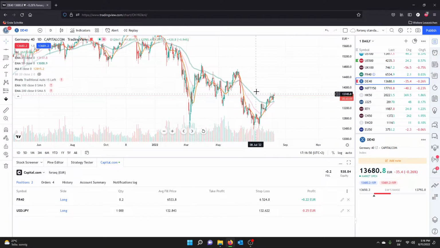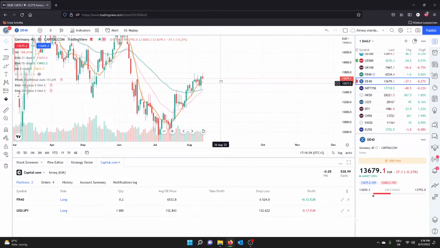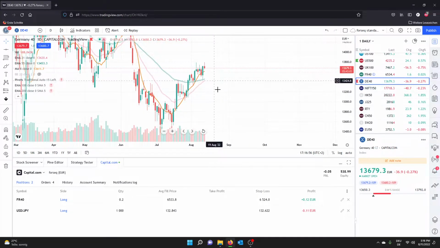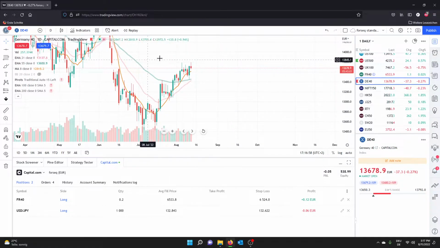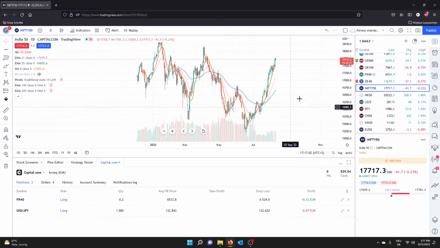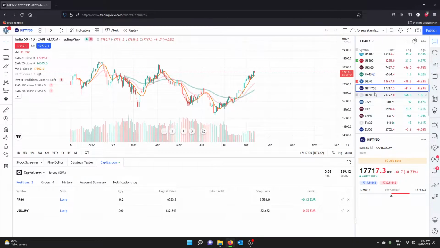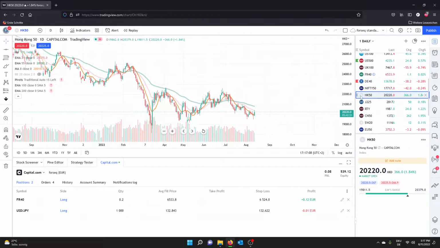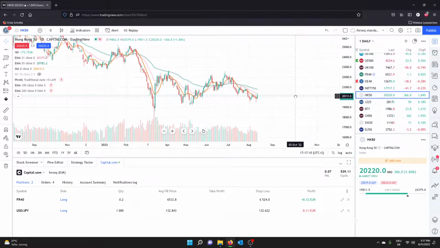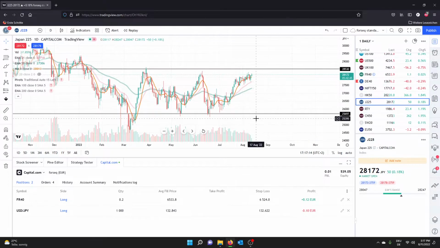Yeah, I don't like this constellation. Again, this could maybe be a short trade here, but I would wait for the next candle to form. Nifty 50. Yeah, I don't see a trading opportunity here. Hong Kong, not really a trading opportunity. Japan,